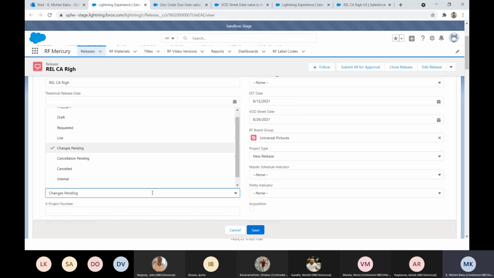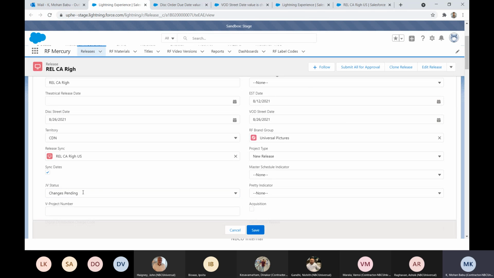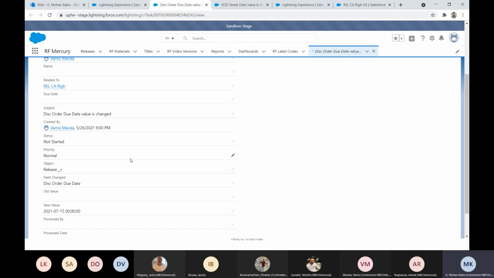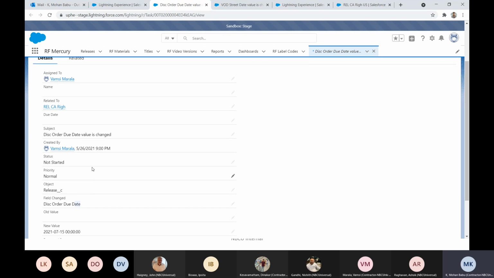When this release is moved to live and you update any of the fields, automatically the status will go to changes pending and a task is created. You can see right here the task which has been created. I have changed the discarded due date, and from the old value null to the new value it's been updated. This is a task which has been created, and I'll explain the considerations for this task.